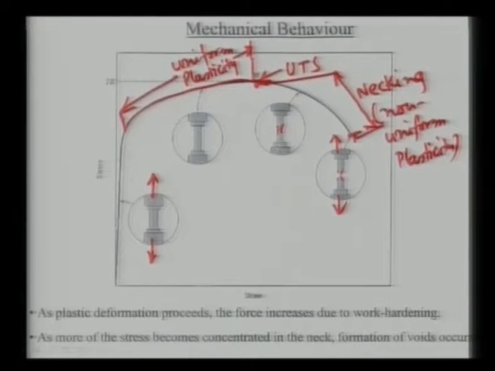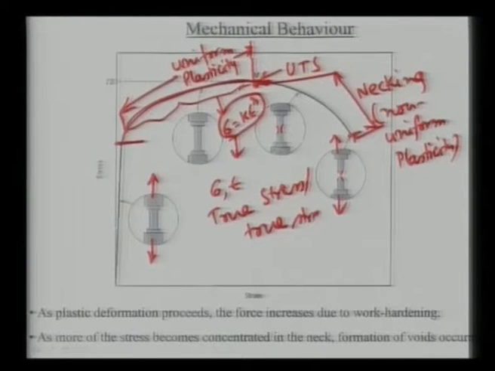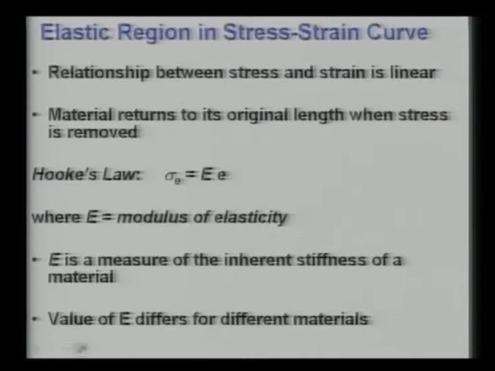Okay. Now, you know how you can characterize the entire stress strain curve. You have the elastic part up to this point, then the non-linear plasticity behavior starts, and in this non-linear plasticity up to the point M, then your necking starts, and the material goes to fracture. In this region of non-linear behavior, one can roughly write that sigma is equal to K epsilon to the power n, where sigma and epsilon are the true stress and true strain values of the material. I will come back to this true stress, true strain concept now.